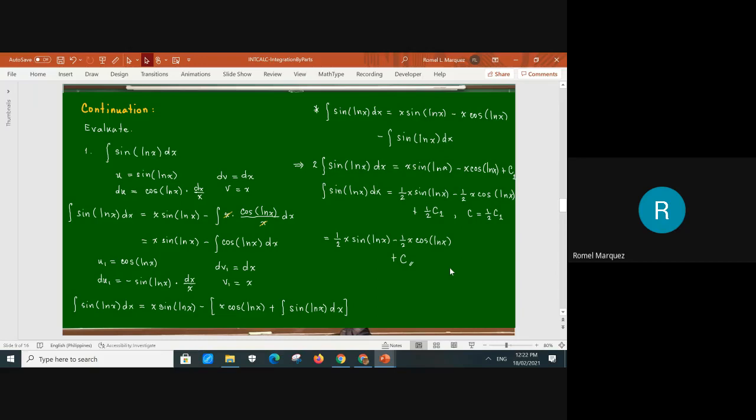Guys, there are tricks like that, no? There are many tricks after using integration by parts. So again, it's a practice, no? You must practice so that you will be able to master the use of integration by parts and what strategy or technique you are going to add so that you will be able to come up with your desired answer. Okay, so like this one, after applying integration by parts, I get another integral that is similar to the one that is given,